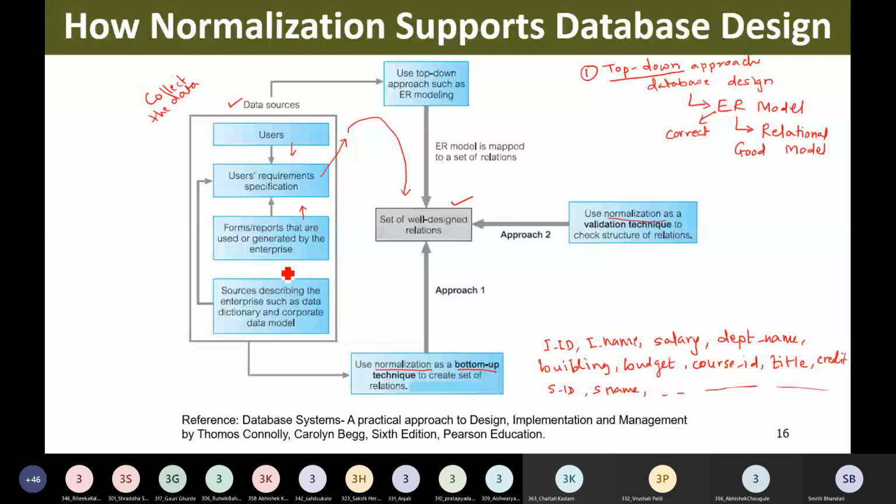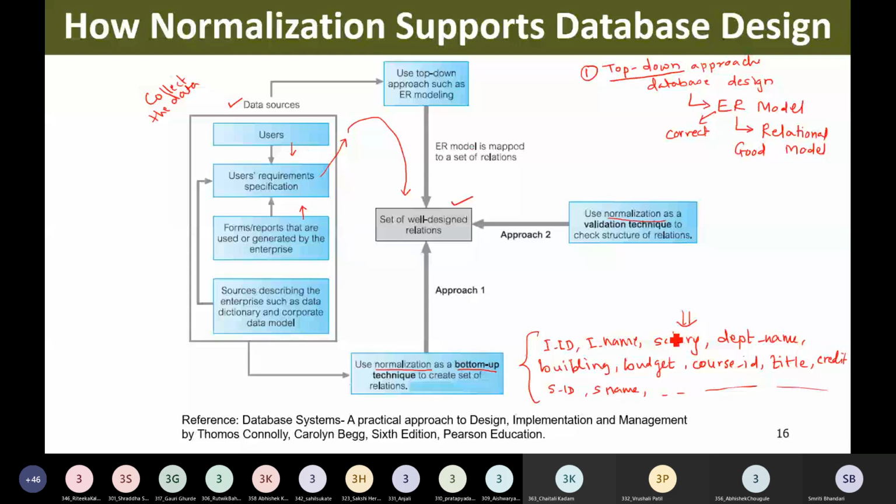After collecting this data, analyzing it and coming up with the requirement specification, we have lots of attributes that we have identified. Meaning we need to store all this information in our database. Right now we have only this collection of attributes that we would like to store. These attributes are telling us what information we would like to store. That's all we have.